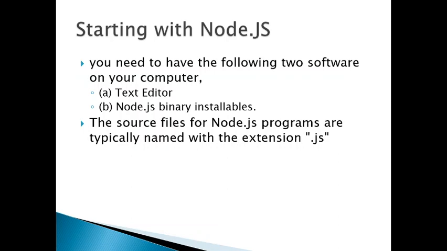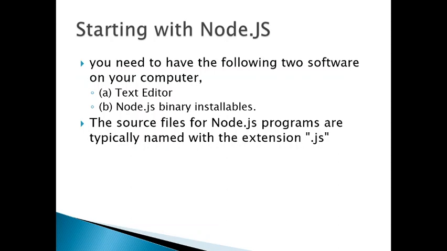So let's start with Node.js. To start with Node.js, you need to have the following software on your system. The first thing is the text editor. I have already informed you that we will use VS Code, with which we can write our code in Node.js. Second, you have to download the Node.js binary from the internet, and download and install it. It will just ask you to click next four or five times, and it will be installed. There is no trivial step in it. Its installation is pretty easy.